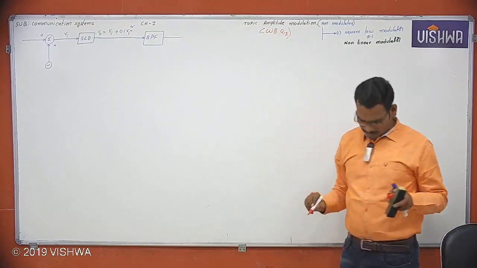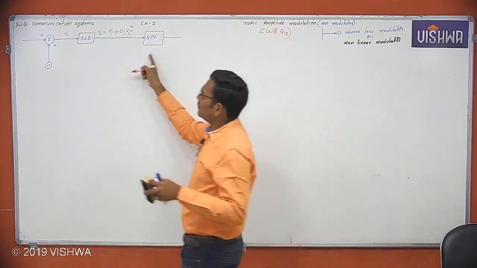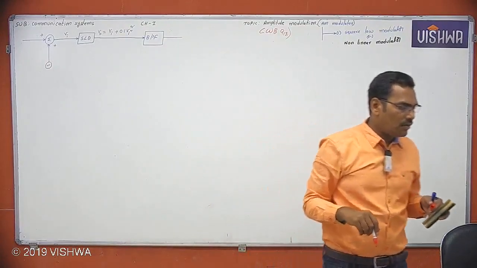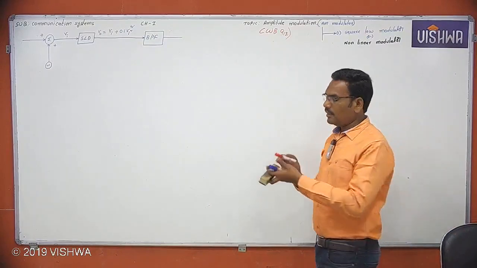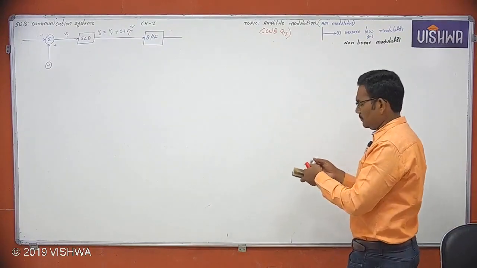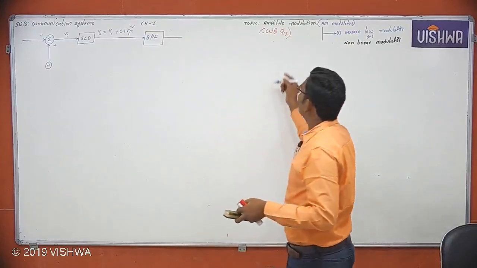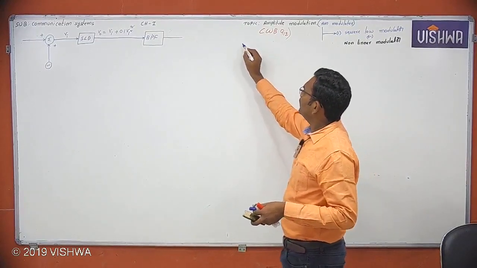But in this question, he is not giving this particular block diagram, and all these things are not given. Now he is just giving the statement. What is the statement? A message signal. Now question number 12 is a message signal